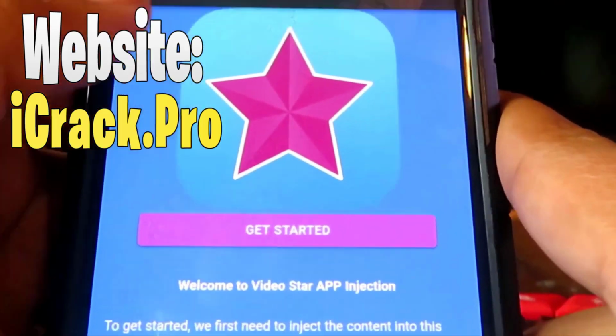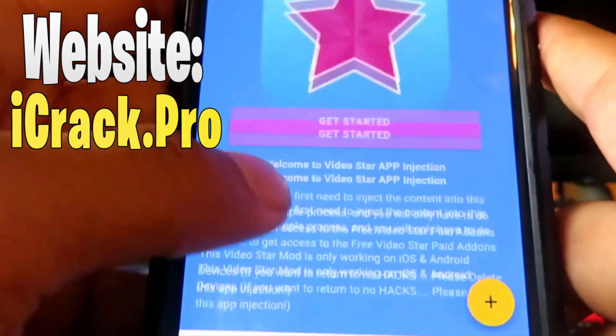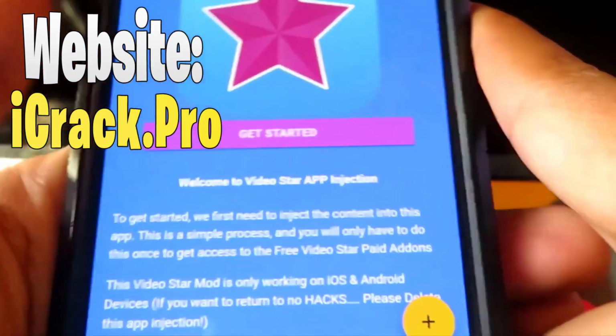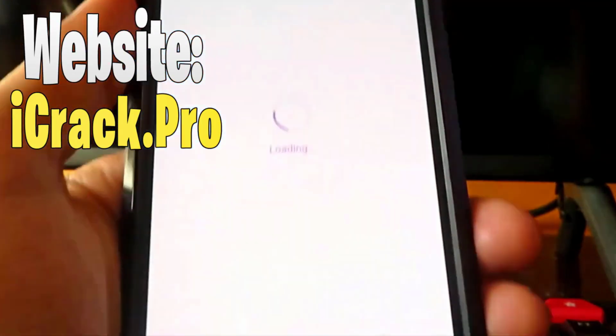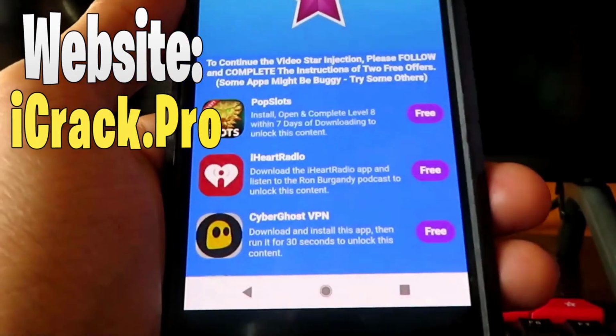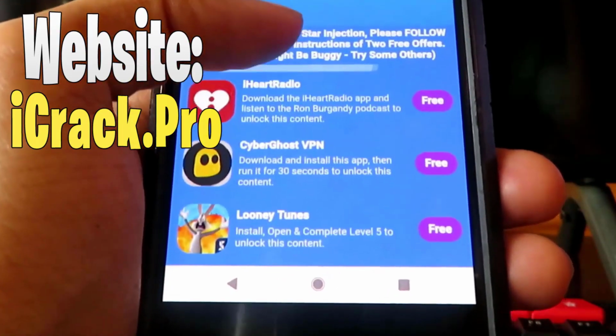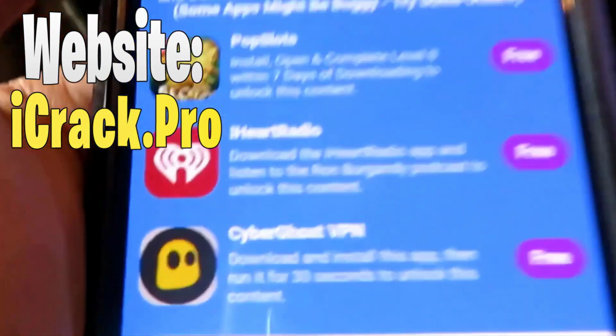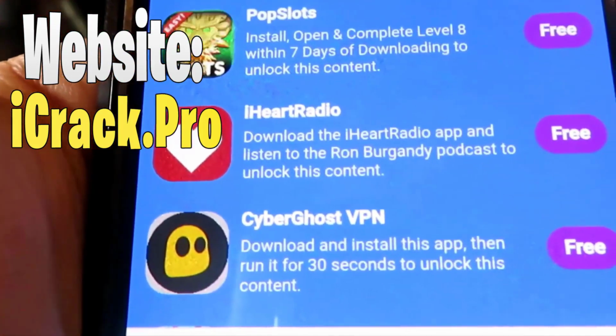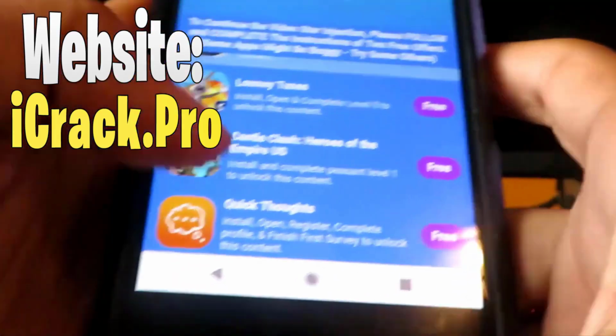You're going to see the Videostar injection status: no injection detected. Welcome to Videostar app injection. This is really easy, guys. Just go ahead and click get started, and that's going to take you to the final process of the Videostar injection. All you're going to have to do here is really simple. It's going to say, to continue the Videostar injection, please follow and complete the instructions of 2 free offers below. Some apps may be buggy, so try some others. So let's go ahead and